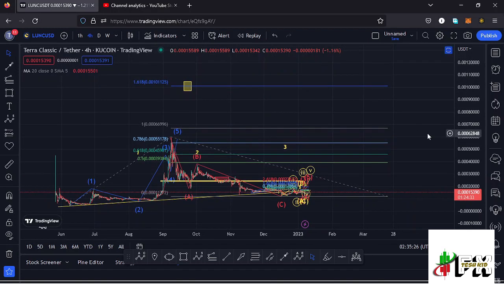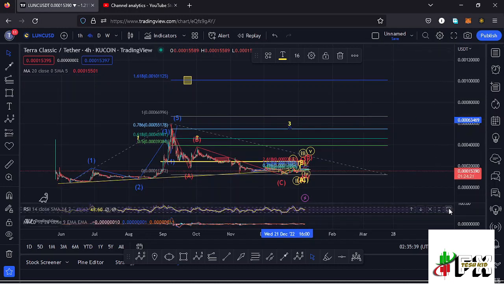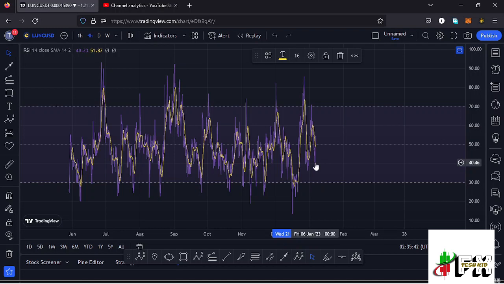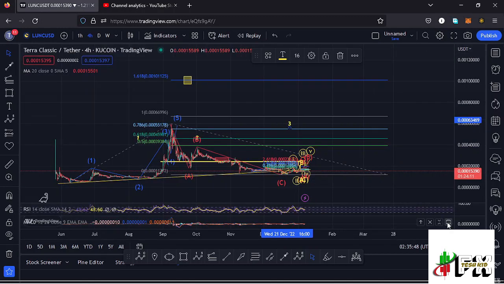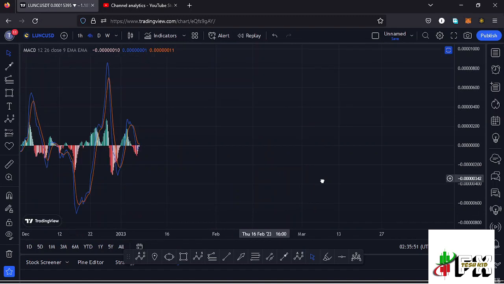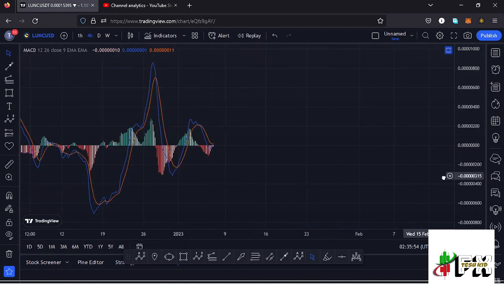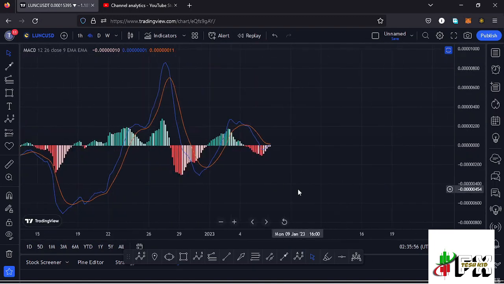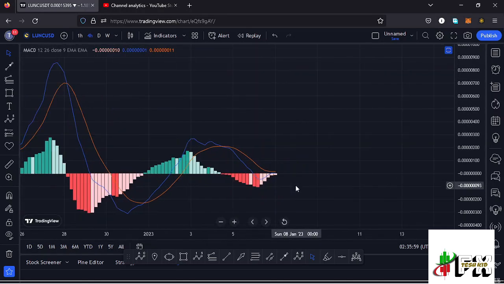And in case Lunc continues to push higher, obeying the Elliot wave structures in the formation of this wave 3, then Lunc could be able to reach $1 in the formation of that higher Elliot wave count 3 to the upside. And also taking a look at the indicators here on the RSI, we are trading at around the 40 mark, meaning we have massive room to support any movements to the upper side in the formation of that wave 3. And also taking a look at the MACD, here on the MACD we had printed a bearish cross, but we are seeing a decrease in the selling momentum, meaning soon we might be able to print that bullish cross. So let's be patient and see how that plays out, and I'll keep you